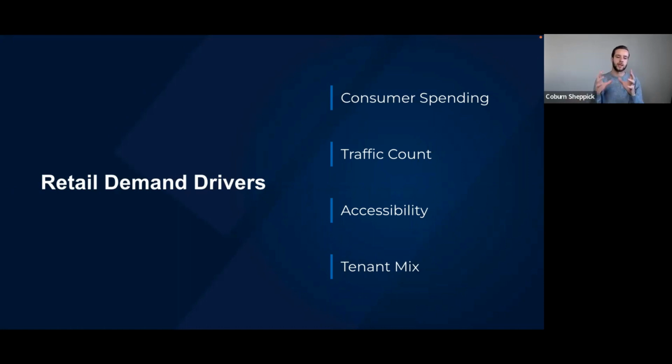You wouldn't want just a Shopko or a Bed Bath & Beyond by itself. People go to those areas because they're also going to Walmart or to Kmart or to Target, and they want to run in Bed Bath & Beyond as well. So a healthy tenant mix. And you always see, this is another one,